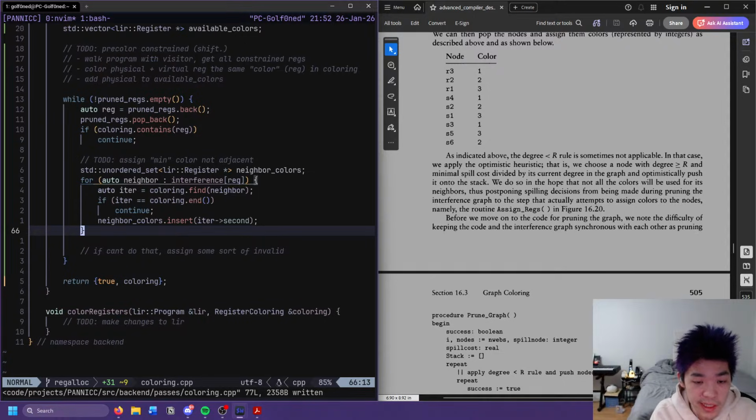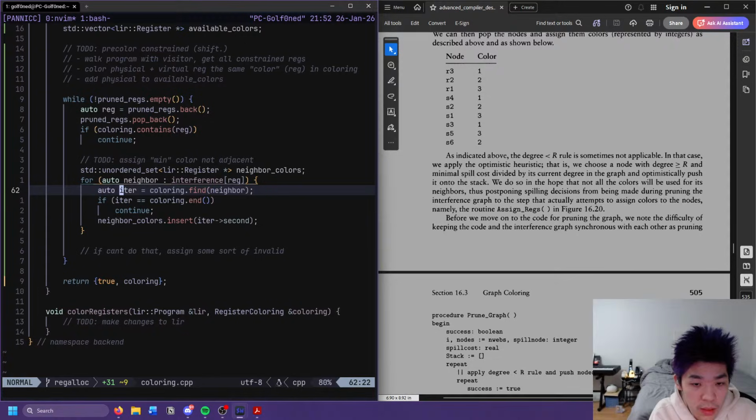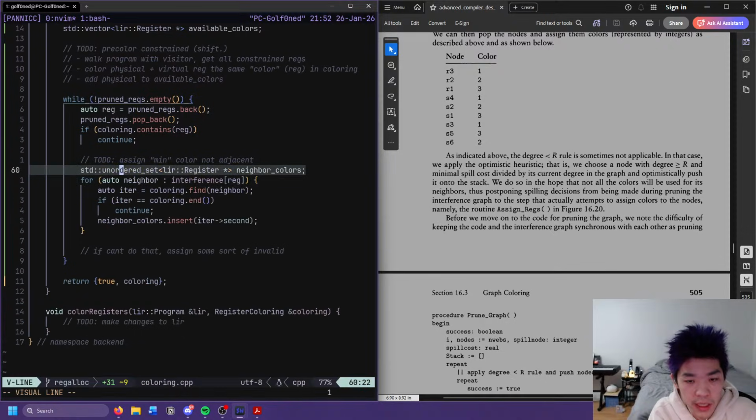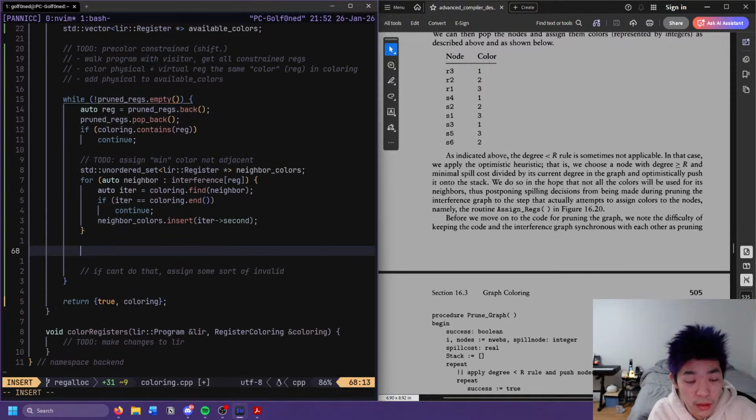I might just re-nest this, I don't know. Anyway. Okay, so we can do that. So that gives us all of the colors of the neighbors. So now what we can do, we have available colors.